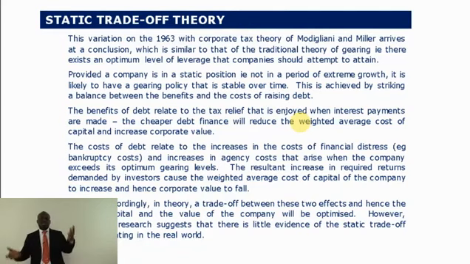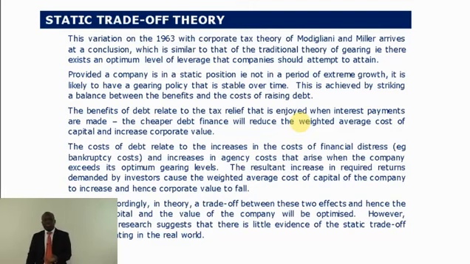Okay, static trade-off theory. Trade-off means you are setting this benefit against what? Cost. Miller and Modigliani eventually agreed with the traditional theory. When they came back in 1963, they said, yes, the capital structure matters. So borrow and borrow and borrow. Initially, they said, if you bring in debt, whether you are debt equity or you are all equity, your WACC will be the same, your market value will be the same. But when they introduced corporation tax, they said borrow more, because the more you borrow, the more you will be able to maximize your market value. So they were in line with the traditional theory.